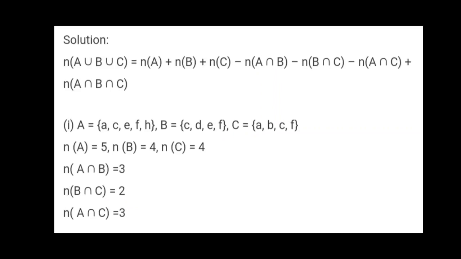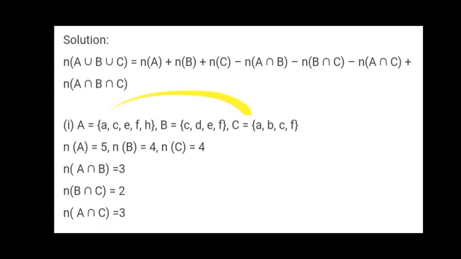What are the elements? C and F. So n(B intersection C) equal to 2,